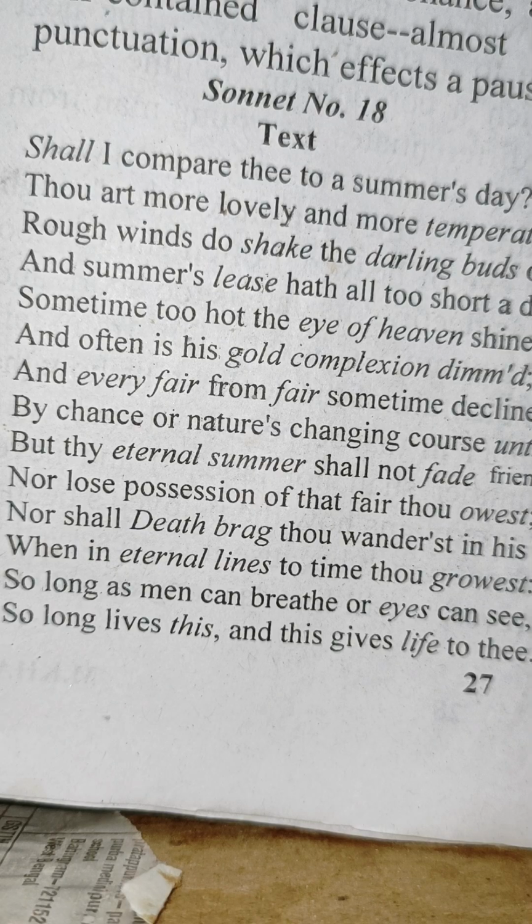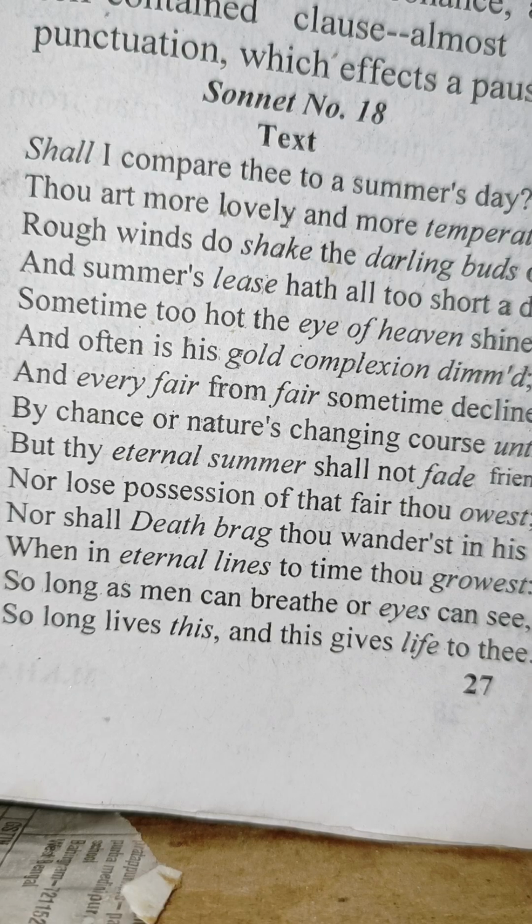Shall I compare thee to a summer's day? Thou art more lovely and more temperate. Rough winds do shake the darling buds of May, and summer's lease hath all too short a date. Sometime too hot the eye of heaven shines, and often is his gold complexion dimmed. And every fair from fair sometime declines,